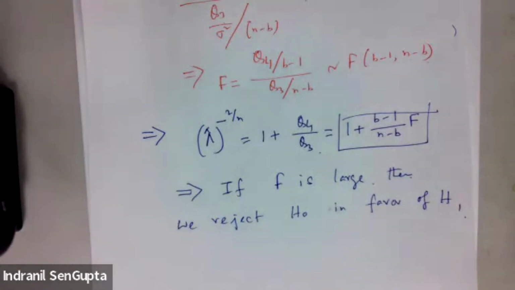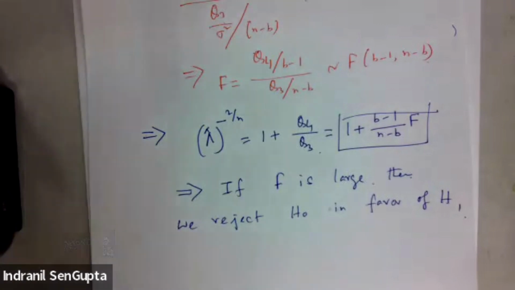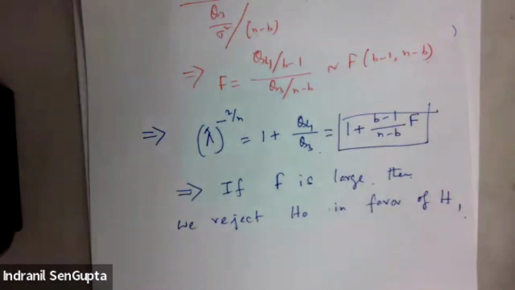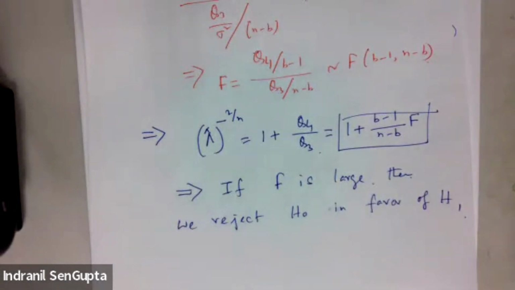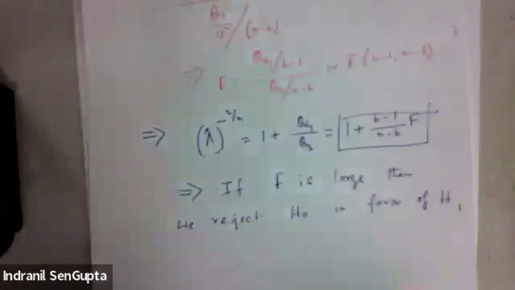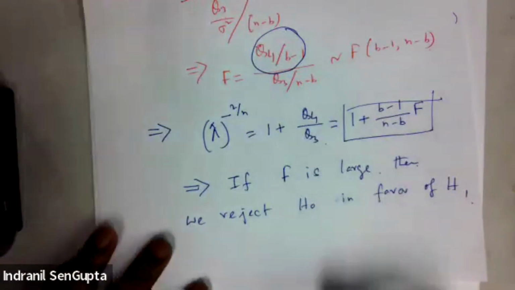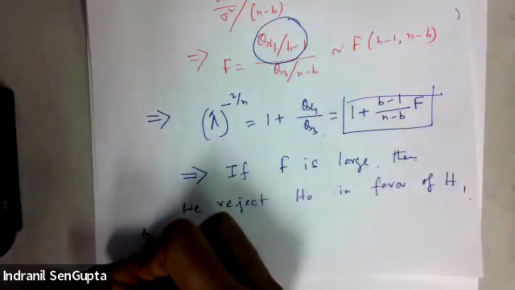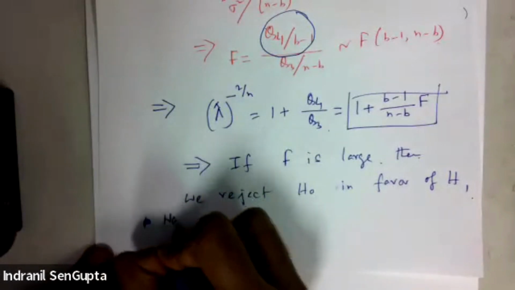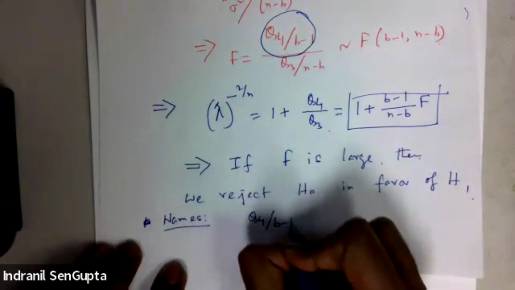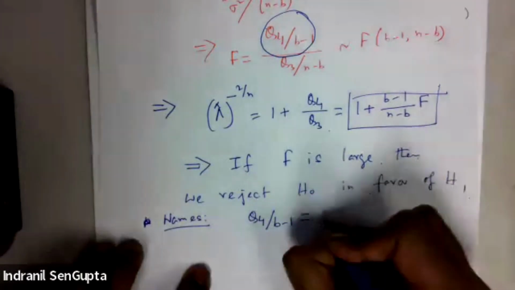Let me just mention them so that we can easily solve some of the examples. So this quantity that we obtained here, this Q4 over b minus 1, is sometimes called